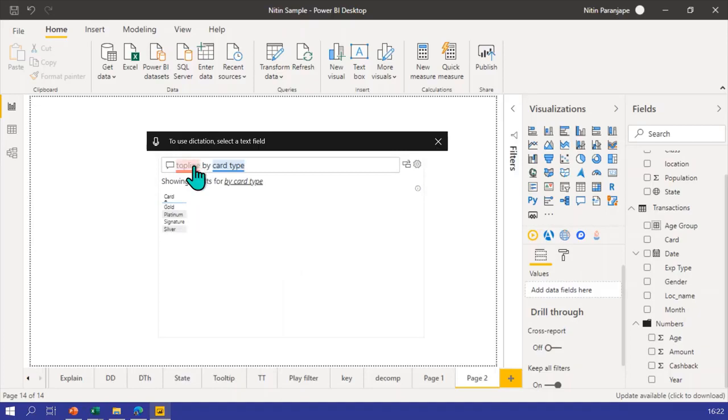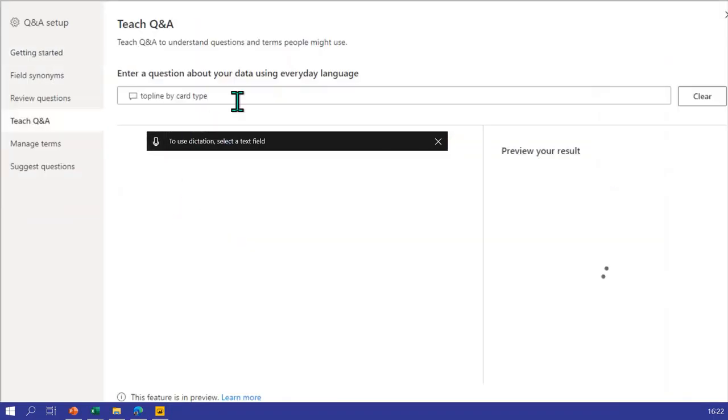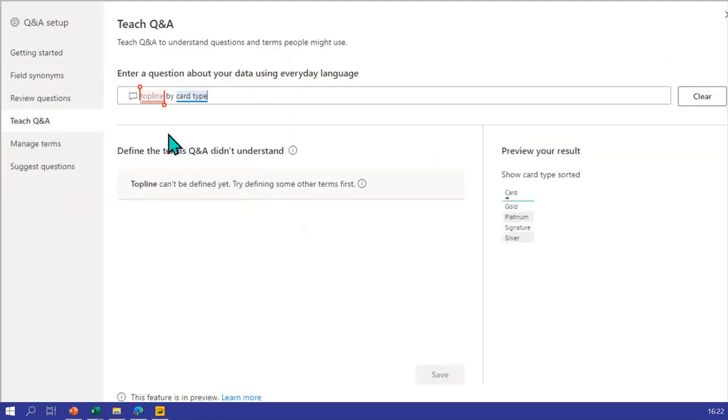Remember, it's machine learning. So the machine is learning, you teach the machine. How do you teach the machine? You say define top line. Then it will give you a complex looking dialog. Don't worry, I will explain. So it's saying what does top line mean in your formula or in your data. So if you go here,